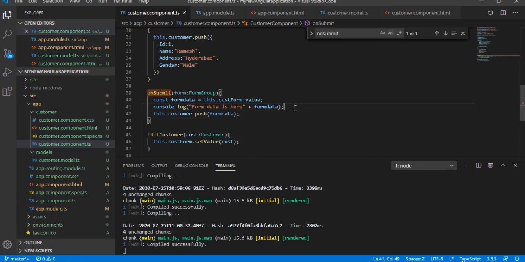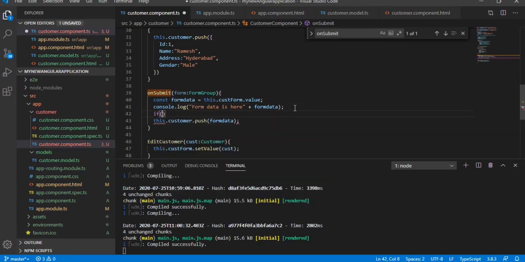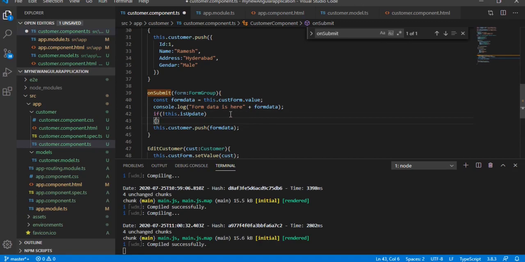When we push to the customer array, this should be: if this.isUpdate equal to false, that means it is an insert operation, then only it should push to the array. If it is not an update, if it is an insert, then it has to push the information to the array.